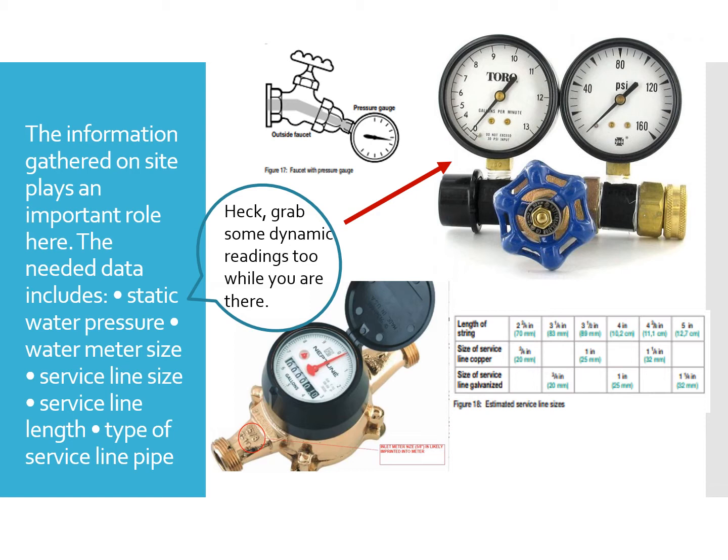Here we have a system where we have a pressure gauge hooked up to a hose bib. There's also this dynamic flow gauge that you can purchase where you can get your static water pressure by turning off this valve, hooking it up to your hose bib, and reading what your pressure reading is. Then if you'd like to see what your dynamic pressure is at a given flow rate, you open up this gate valve and you read to see what this says here as far as flow and compare it to the